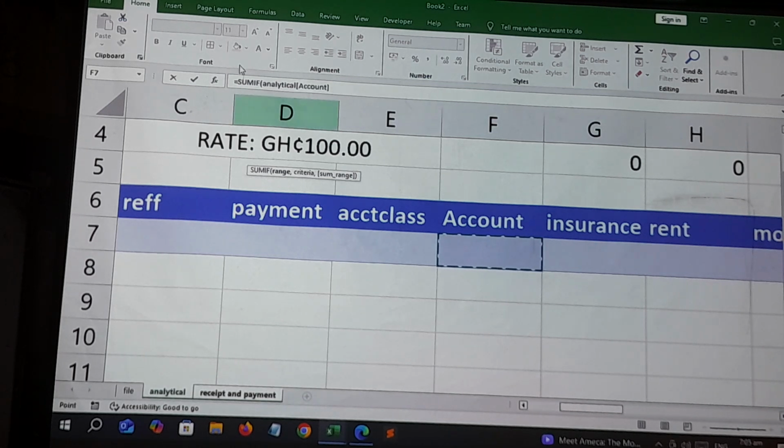The formula is now equal to SUMIF, analytical square bracket, account, square bracket close. That's our range. Now come on, the criteria. What criteria are we looking for from this range? Obviously, we are looking for balance brought down, right? And we can type balance brought down in quotation marks. But when we do that and we are autofilling, then we have to be changing one after the other, which we don't want. So let's make reference to a particular cell that has